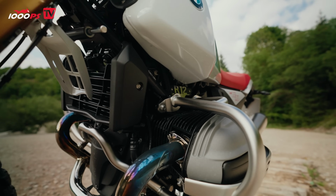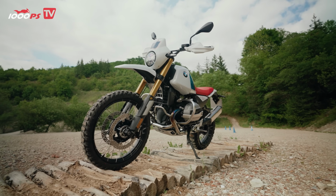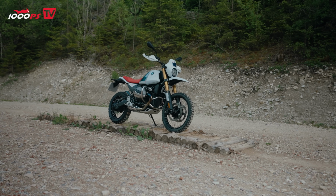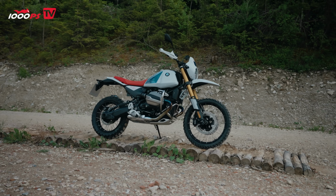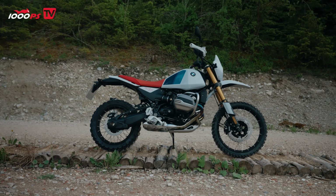Yeah, the quality is absolutely superb. I think it looks stunning, I think it feels quality, and if you park it anywhere, it's going to have a crowd of people who remember the 80s flocking around it. But the base bike starts at 14,420, which is reasonable, and then you go to about 17,000 once you start ticking a few accessories boxes,